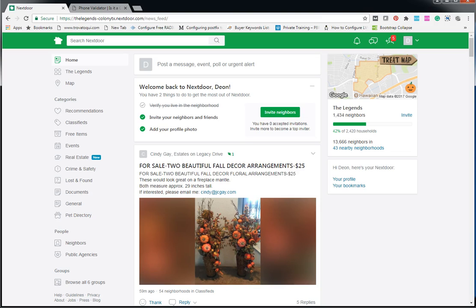Hey there, I wanted to share this new tip on prospecting that I came up with over this past week. I wanted to share it with you. It's using the website or the app called Nextdoor.com. So basically you're going to have to create, if you don't have one, an account on Nextdoor.com, and it